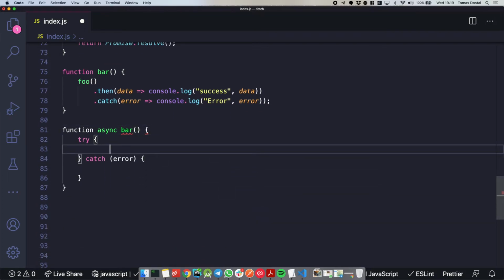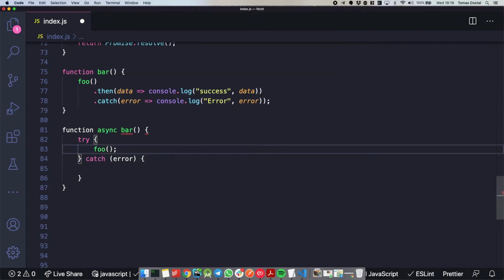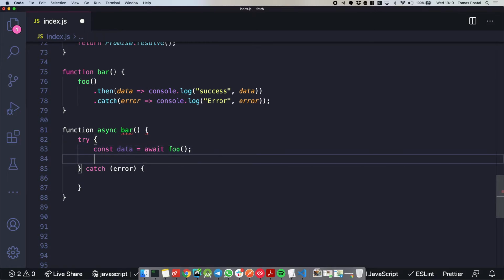So you would do try, and then you would do foo. You would execute the foo, and you would basically get the data, like you would normally do in synchronous programming. So just on one line, and then you would log out the data.